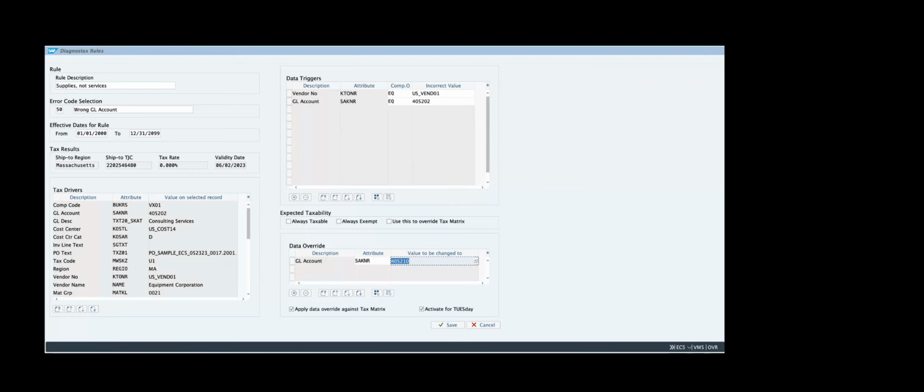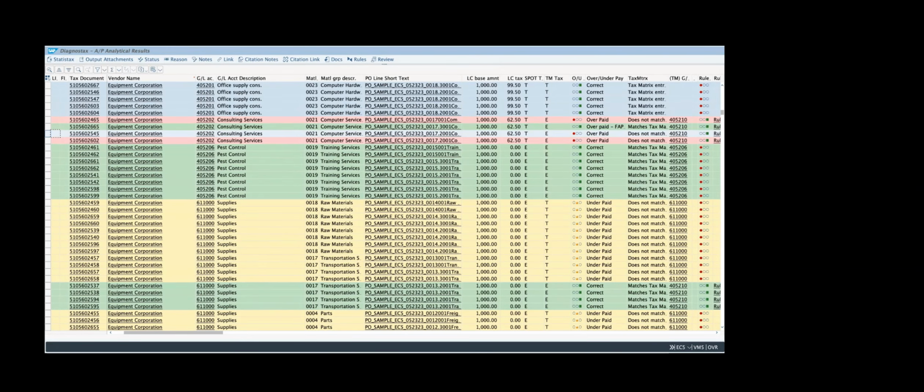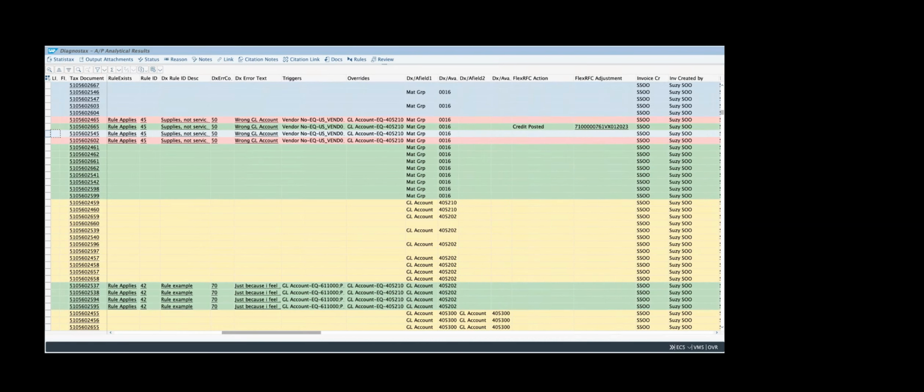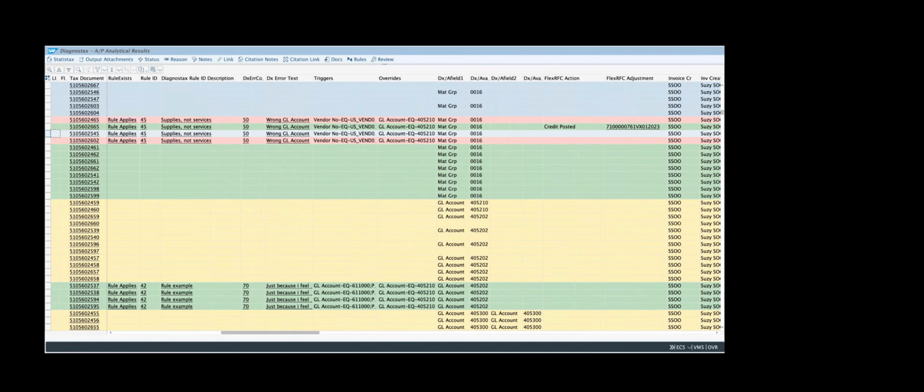So we can send the right account over, ensuring that even if the user miscoded the document, we still get the right tax calculation. So this allows you to apply a data fix rule to cleanse that data during the calculation so that you can get the right tax results. So that becomes a very powerful tool in ensuring that even though users may miscode documents, you can still get the right tax results. And what you see here is that rule that I just created, it's Rule 45, found